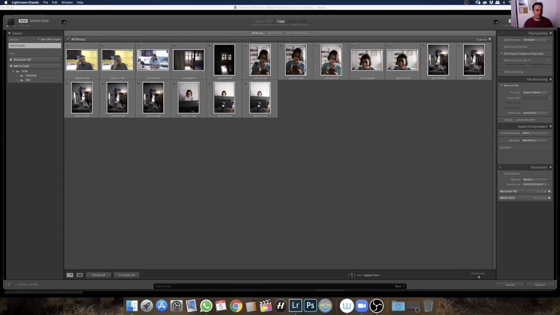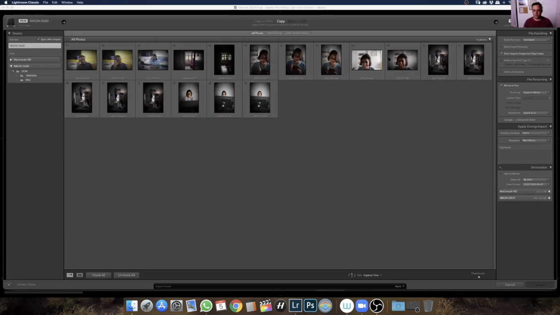Okay. So for example, if I just want to import 3 photographs, I'm going to uncheck all. I'm going to check 1, I'm going to check 2, and I'm going to check 3. And then I'm going to go ahead and just check mark 1, and it will check mark all 3 of them because they were selected. Now,